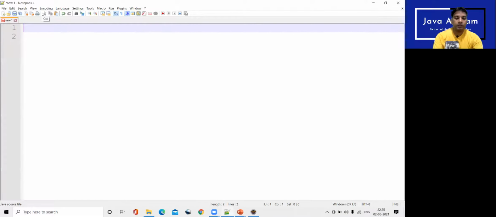So suppose you are writing one method called public, and I'm not putting any return type, and I am just getting a list object.